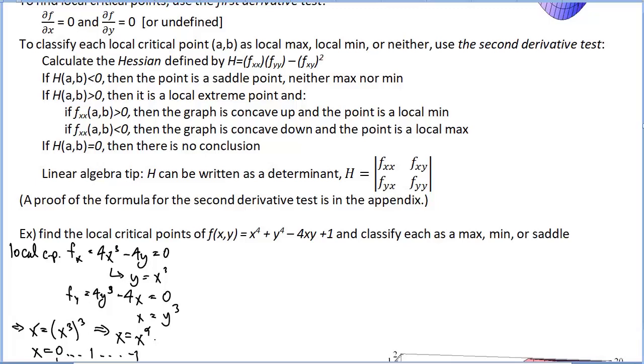We're going to need to test them using the second derivative test. So for that, we need to calculate the Hessian. For that, we're going to need all of the second partials. So fxx is 12x squared. Fyy is 12y squared. Fxy, which is the same as fyx,